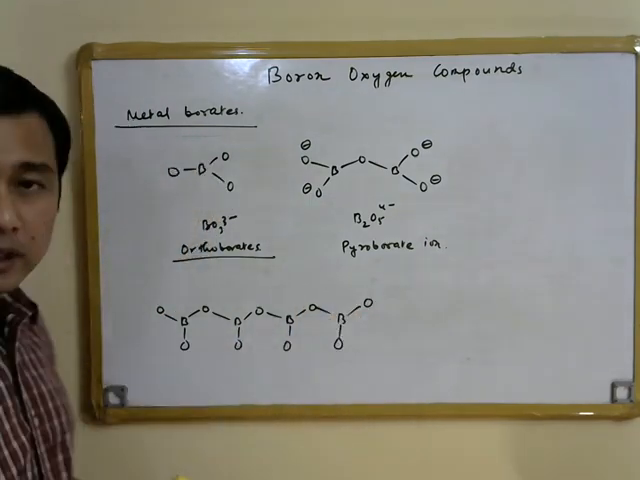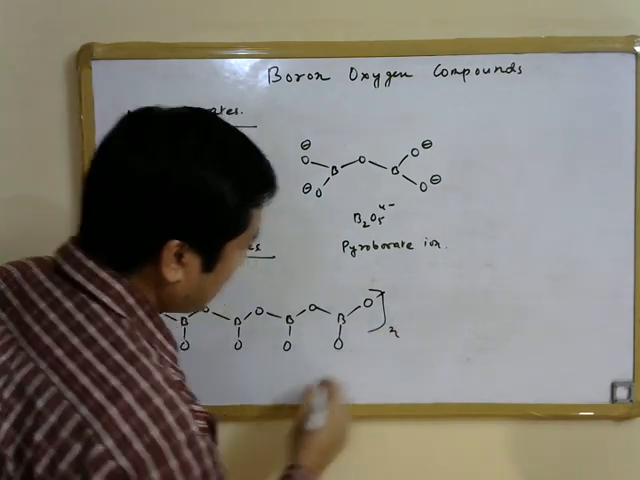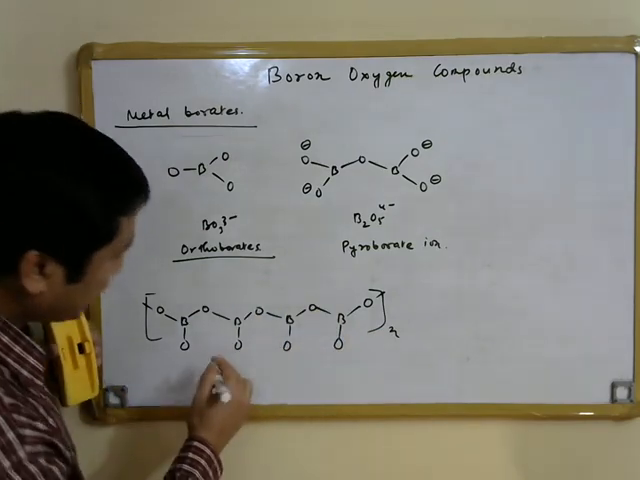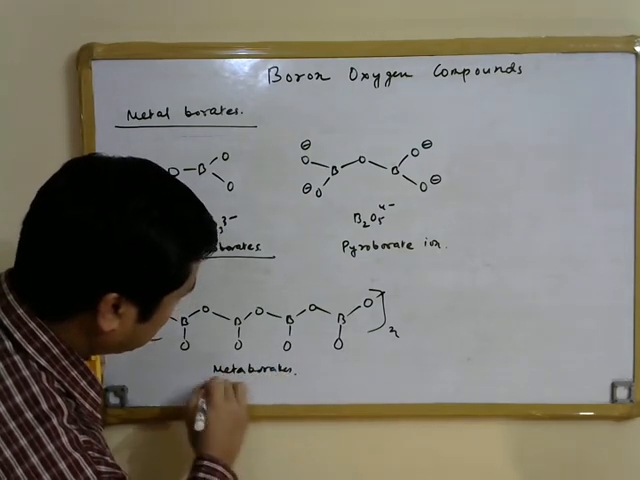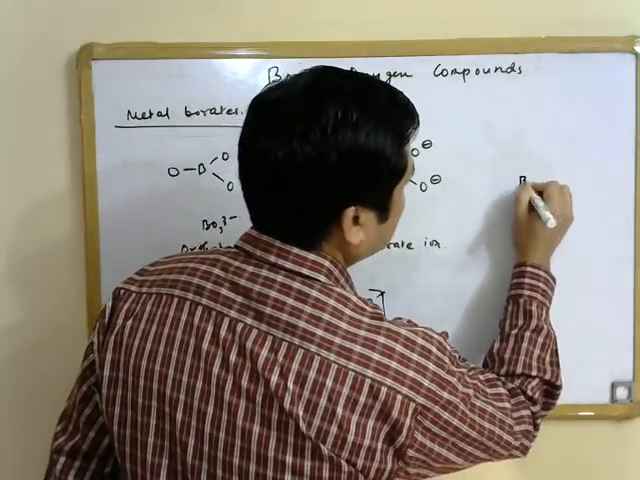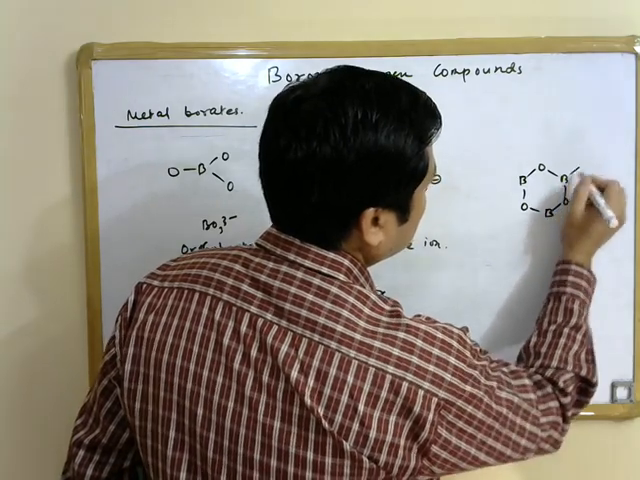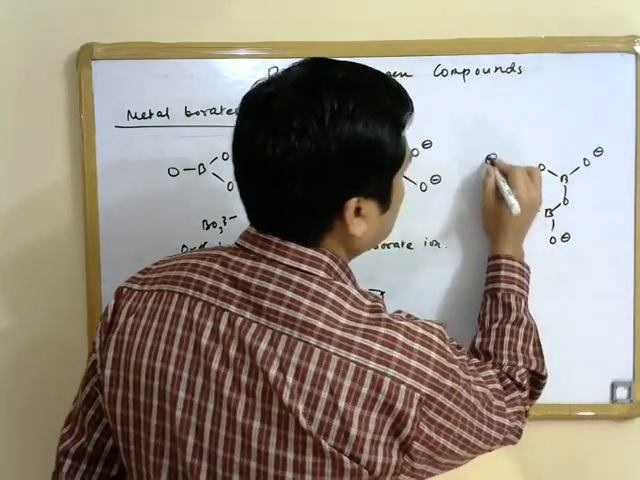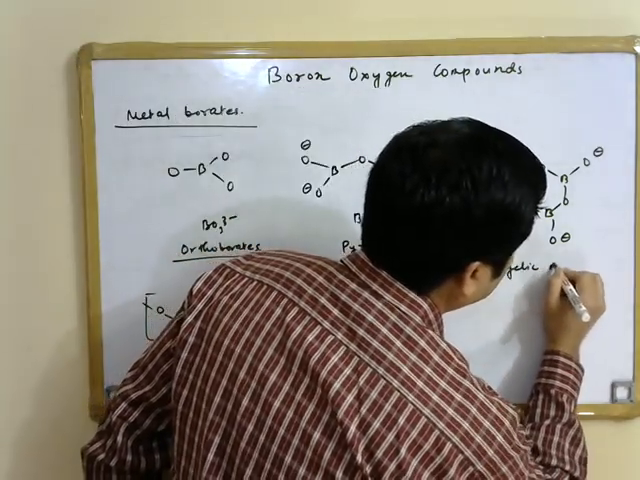So one can have infinite chain formation in this way, and we call such structures containing infinite chains metaborates. We can also have discrete metaborates, not only polymeric metaborates. So this sort of borate is a cyclic metaborate